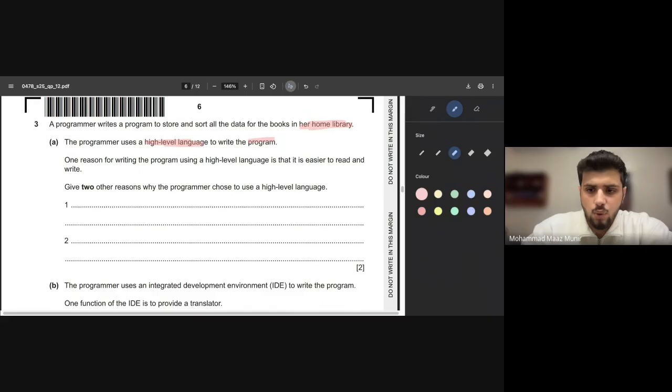And if you start learning programming, you're going to understand that a lot of high-level languages also make use of keywords which are pretty similar to English. Like if I'm coding in Python, I can just print, or I can have the symbol of equals to, or maybe I can say